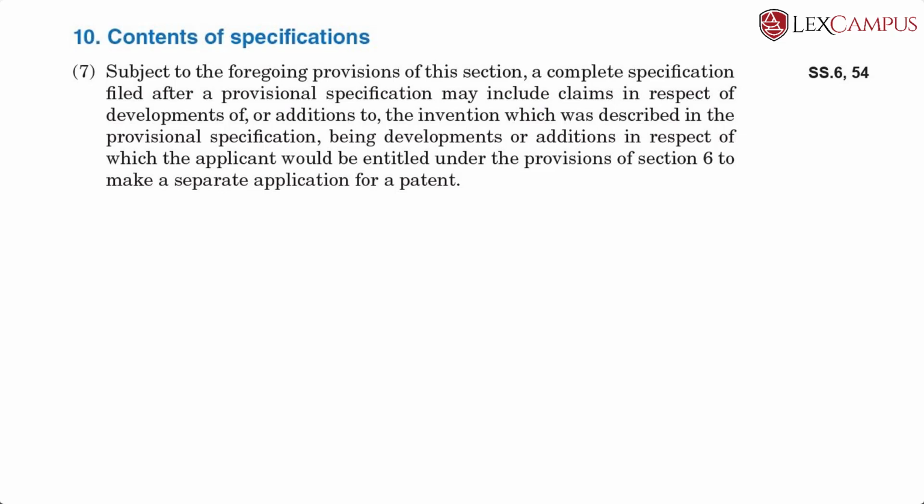So, there is no need for the applicant to file a separate application for that, though he would be entitled to do it. But since there is a time period between the provisional and the complete, all the development that happened after the filing of the provisional could also be included in the claims of the complete. Without doubt, those claims which were included later on will have a different priority date,